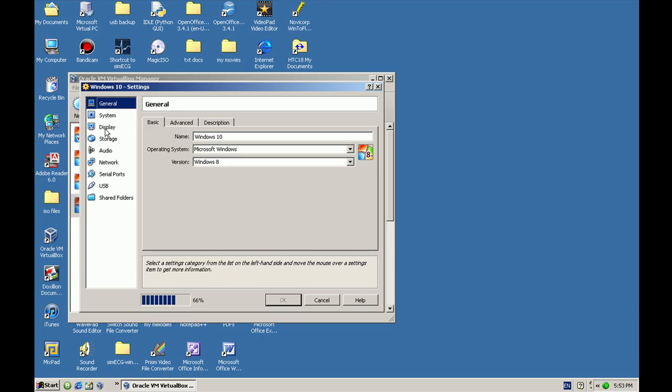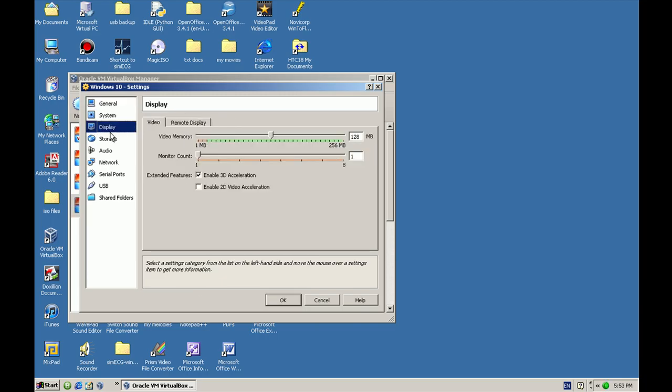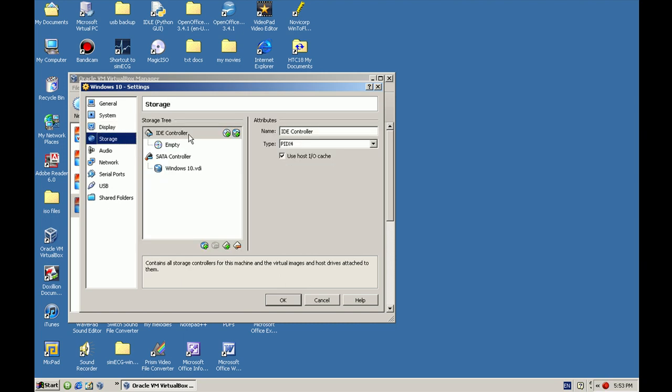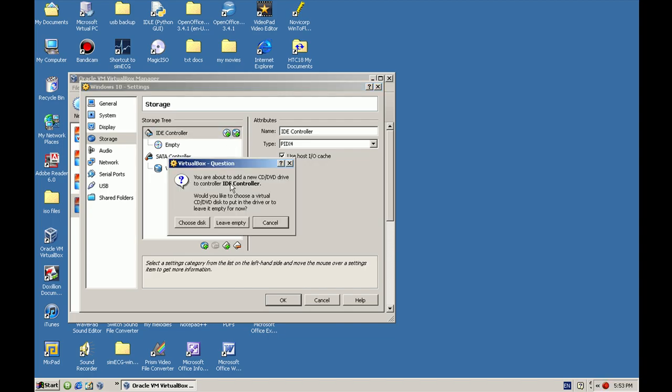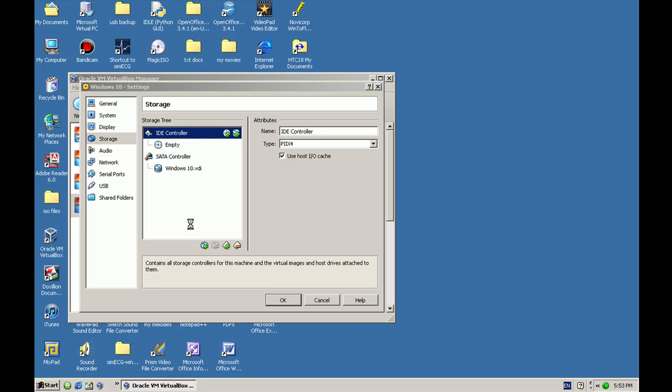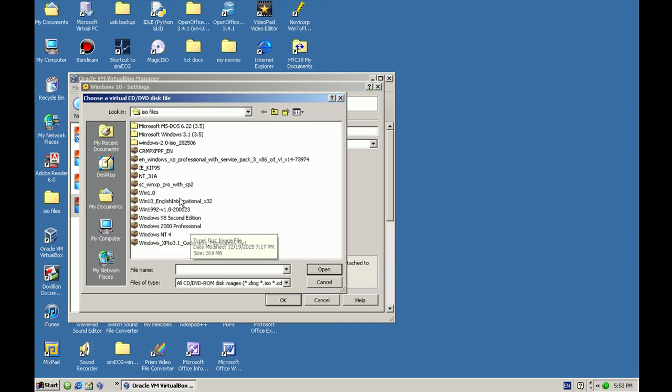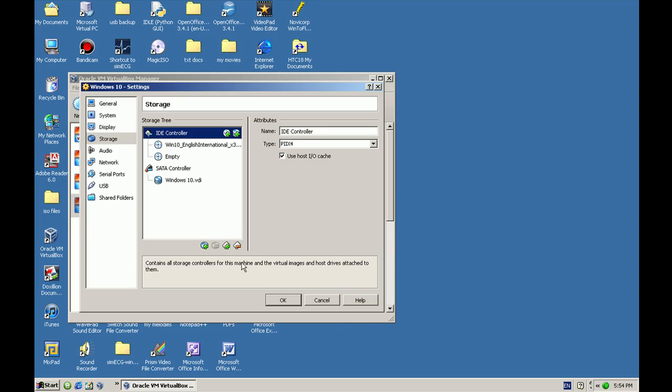Open up settings, go to display, change it to 128 megabytes, but disable 3D acceleration. Storage, select the IDE controller, click on the disk icon, choose disk, and then choose the Windows 10 32-bit ISO file. Click on OK,